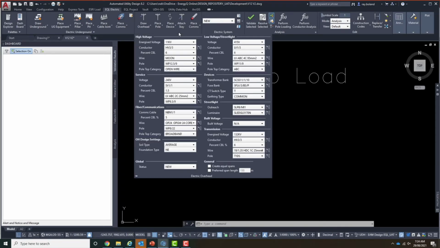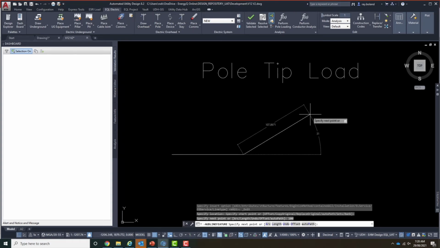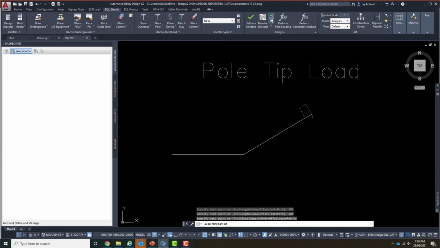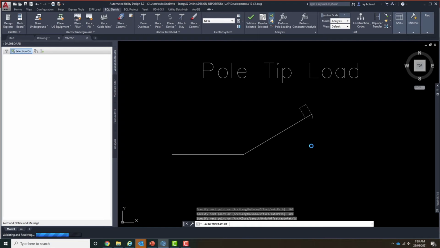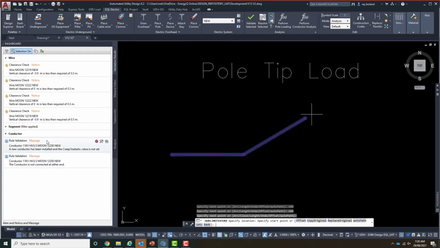With the help of SBS, we've implemented a pole load or tip load for our prescriptive standard designers. As you can see, I'm just going to lay out some conductor, setting my defaults, which is standard out of the box. I've got my span. We do have a creep or inelastic requirement on all new conductors, so I've got a rule to set that.